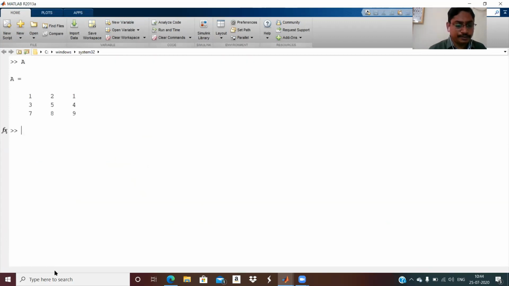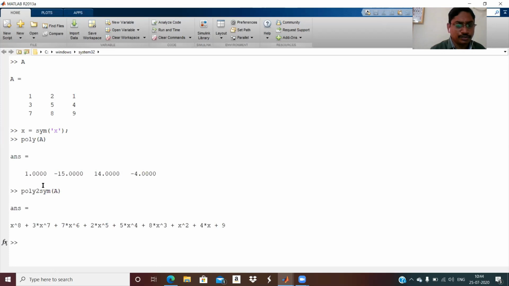This is A. poly(A). Now here it is running, but in this case it doesn't show the proper answer. x raised to 8, x raised to 7.